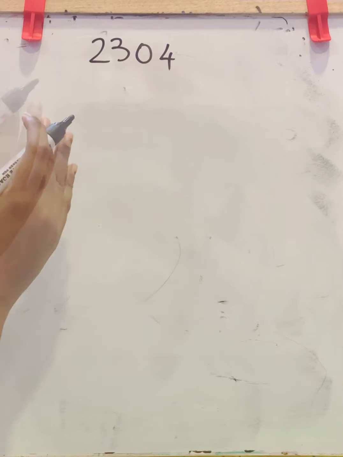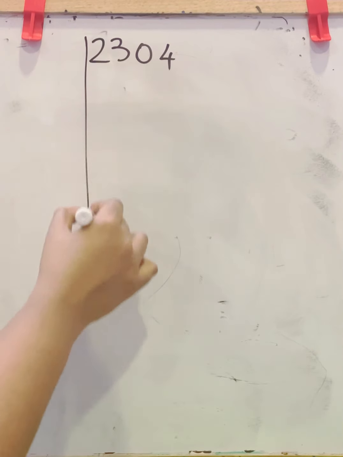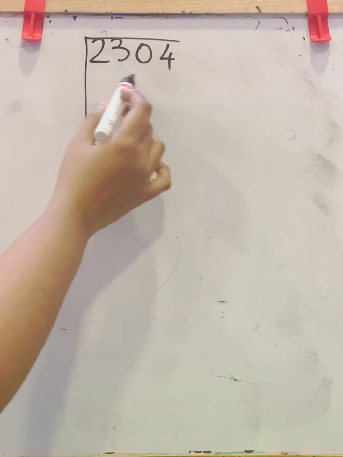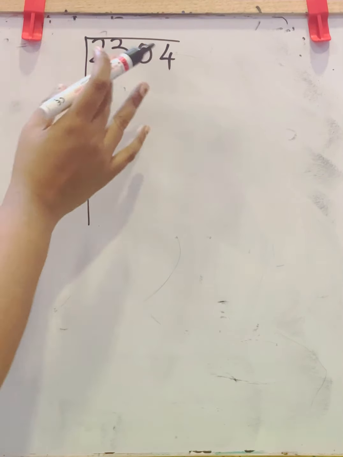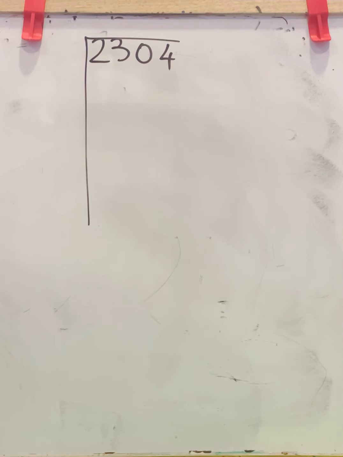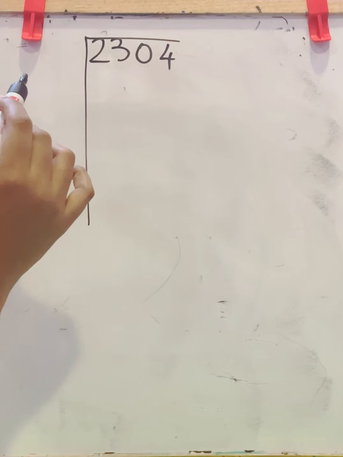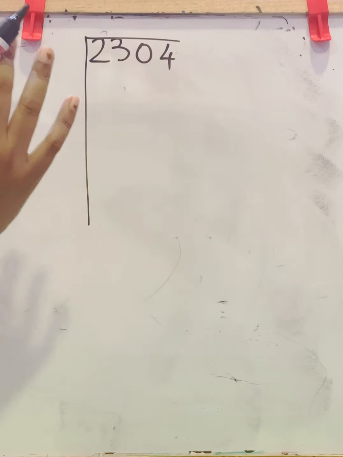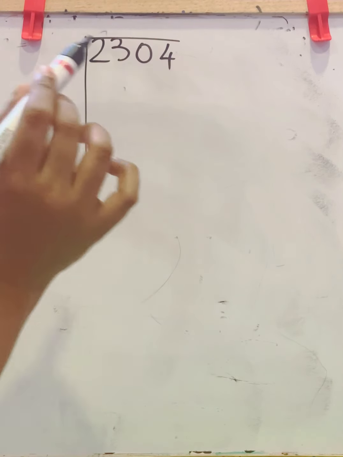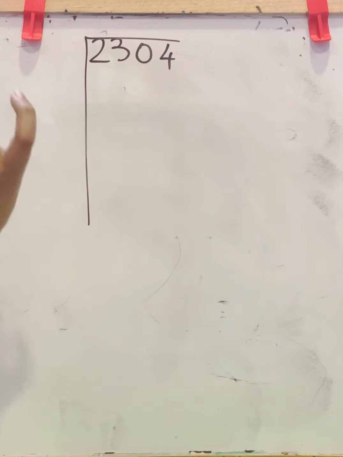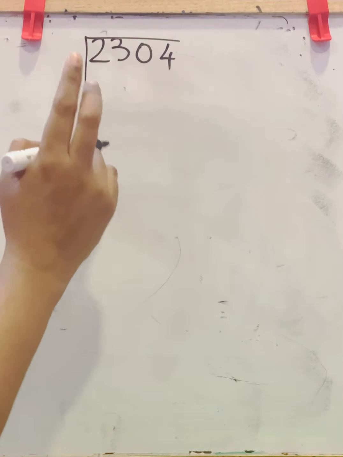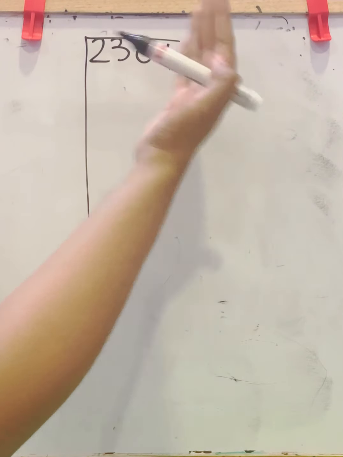2304. So to find square root by division method, you have to put like this. Here this is a square number. This is a perfect square number. You have to find the square root. The first step is you want to pair the numbers and place a bar on it. Bar above the numbers. So how will you pair the numbers?